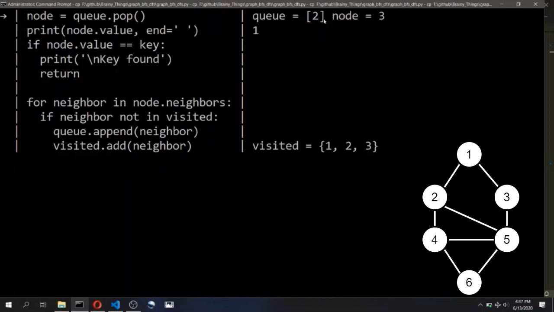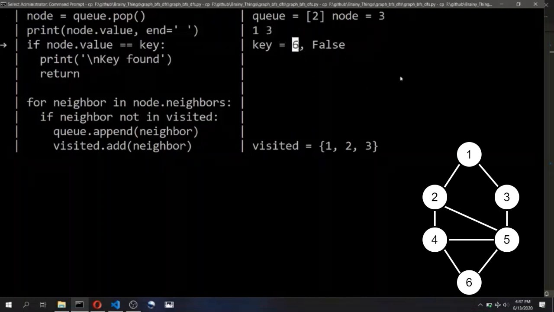Now, instead of popping the 0th element, it pops the last element from this list over here. So the current node now is 3, and hence 3 gets printed over here. The value of 3 does not match with 6.